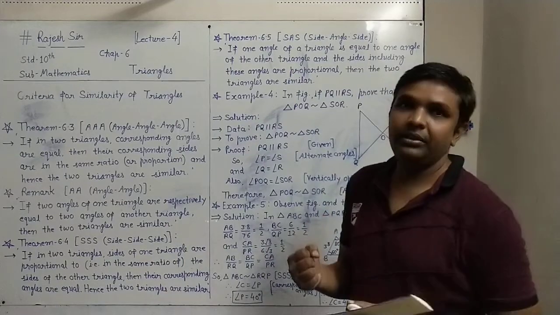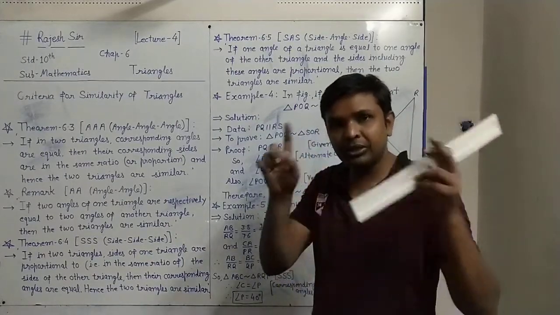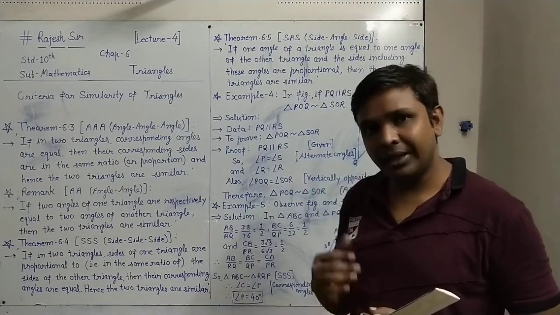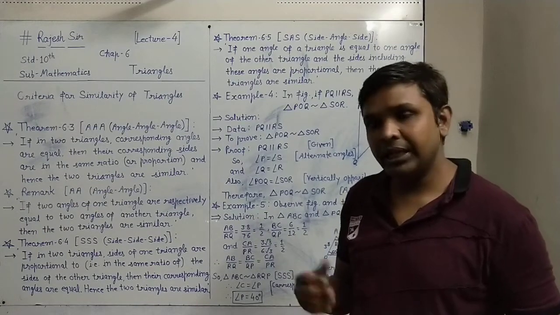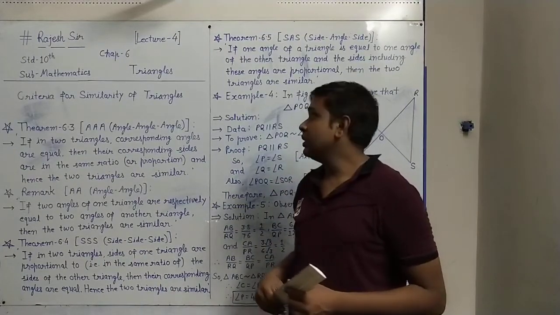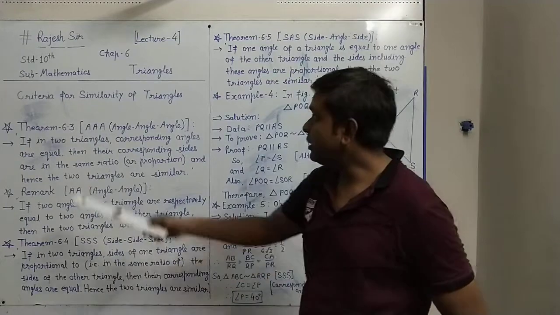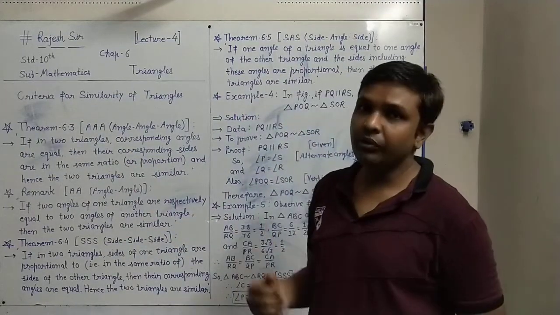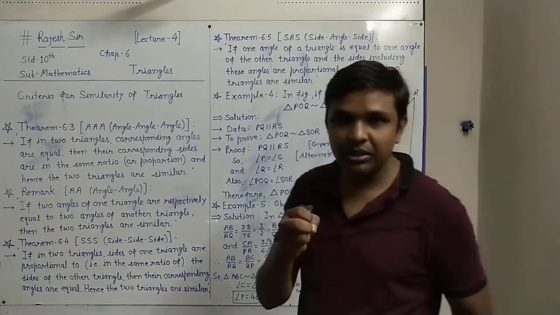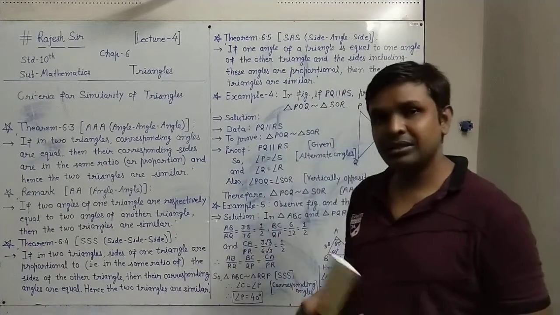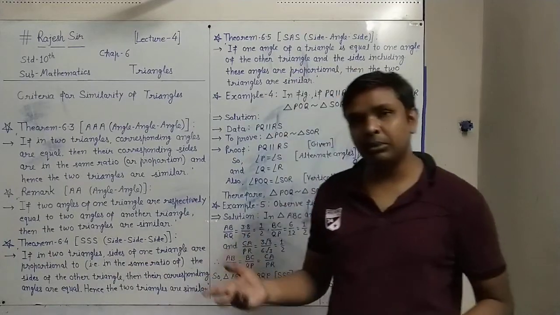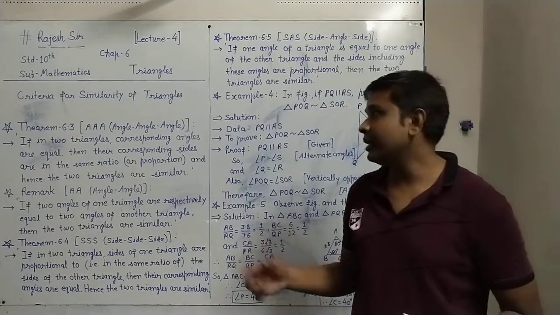From some criteria only, from some parts out of all 6 parts of the triangle, if we check that they are equal or in proportion, then also we can say that the two triangles are similar, and that is called criteria. So for the criteria for similarity of triangles, we will see how many parts, which angles are equal and which sides are in proportion, so that the similarity of triangles can be said.